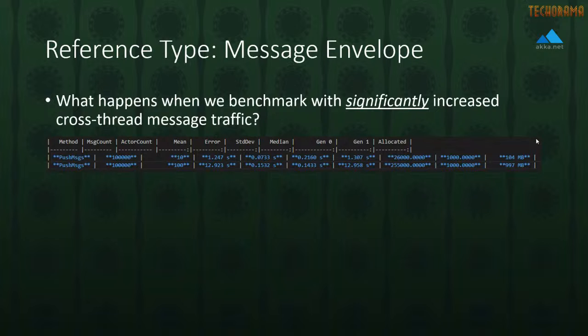In this case, we came up with a benchmark where I'm going to create, I didn't format this table very well, sorry about that, a pool of 10 actors, and I'm going to use a broadcast router in Akka.NET to push 100,000 messages through the system. So that means that we're actually doing about a million messages in here. That's going to allocate 104 megs of memory. And then I'm also going to do a test with 10 million messages as well, which generates about a gig of total memory pressure.